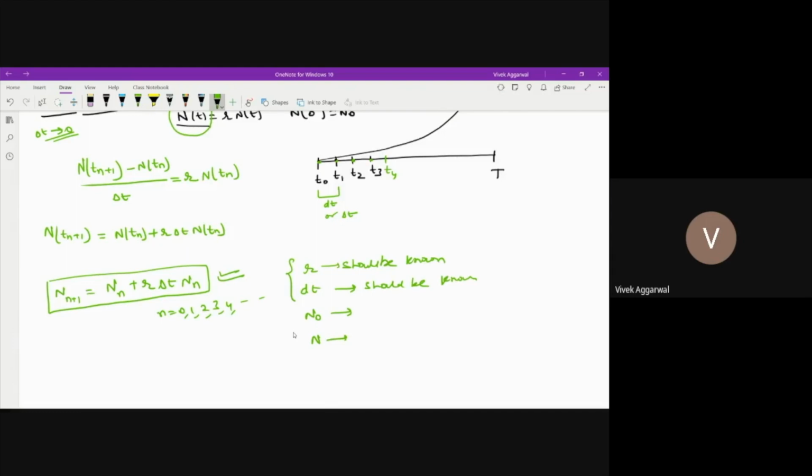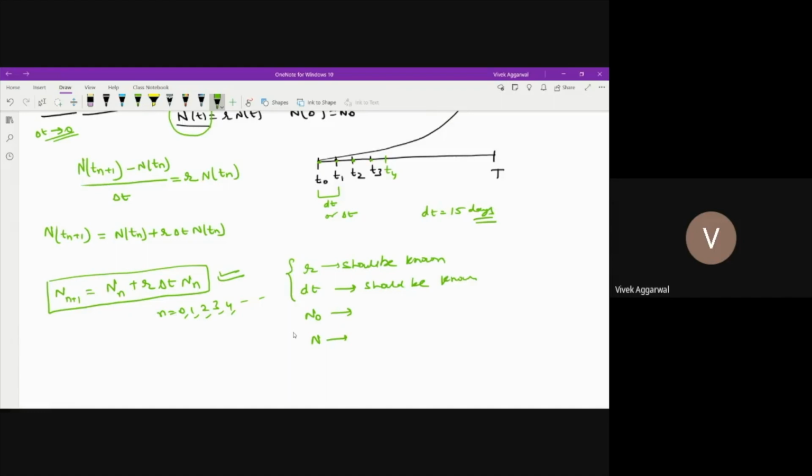Suppose I take this dt as 15 days, that every 15 days I am calculating the population. Then I want to see whether I am interested to find out the population for 1 year, or for 2 years, or 3 years.